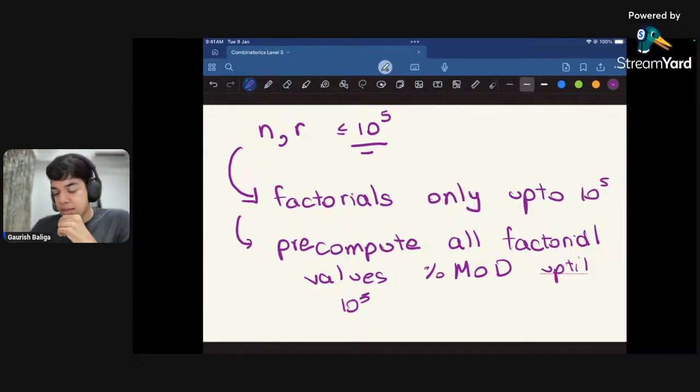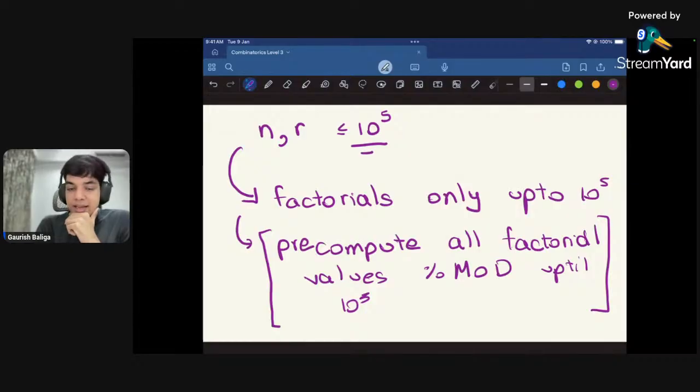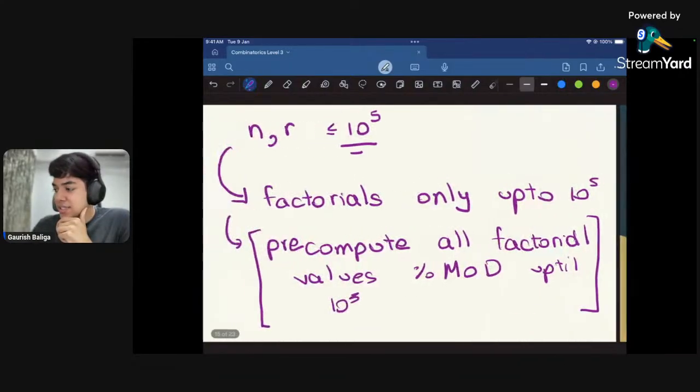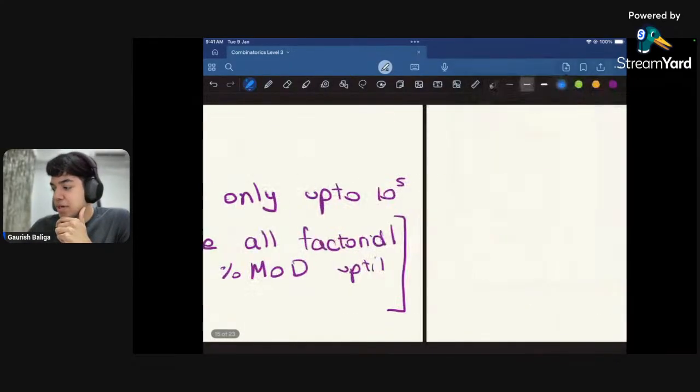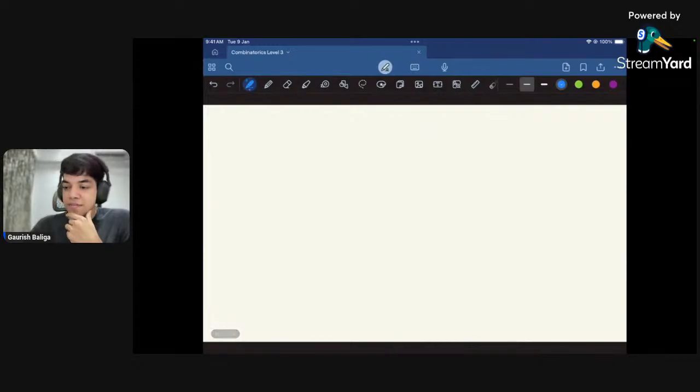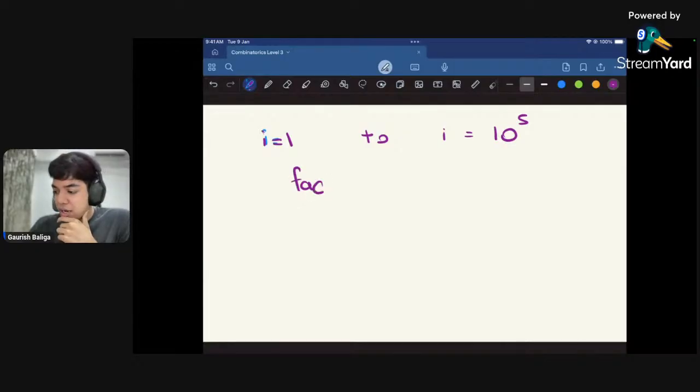Yes. And guys, for calculating each factorial, do you need to run a for loop? Let's say we are calculating factorial from I is equal to 1. Let me change the color back to purple. I is equal to 1 to I is equal to 10 raised to 5. If I want to calculate factorial of I,